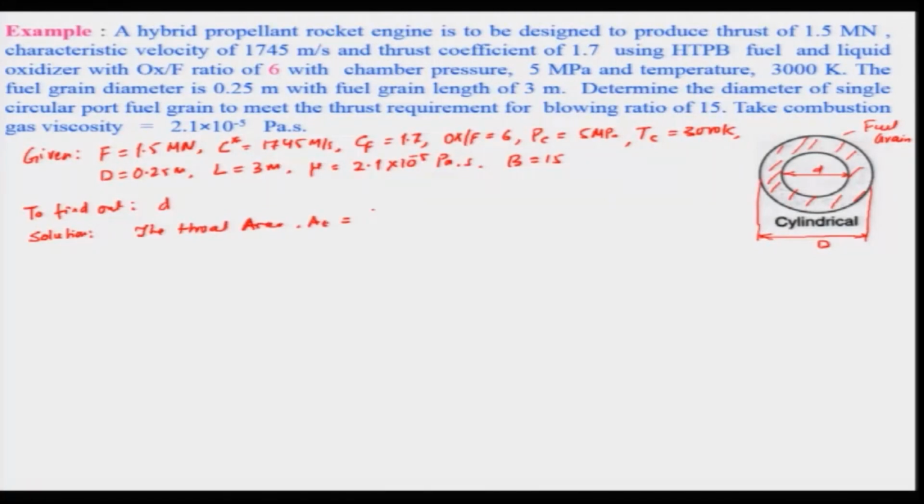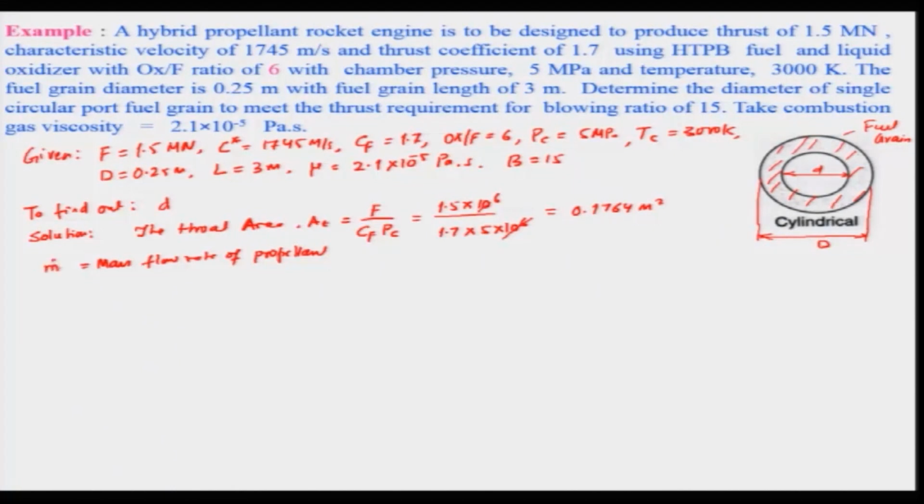A t is equal to F divided by Cf into Pc, and F is given, that is 1.5 into 10 power to 6 Newton, and Cf is 1.7, into 5 into 10 power to 6. So, this cancels out and you will get basically 0.1764 meter square. And we are interested to find out the mass flow rate of propellant,